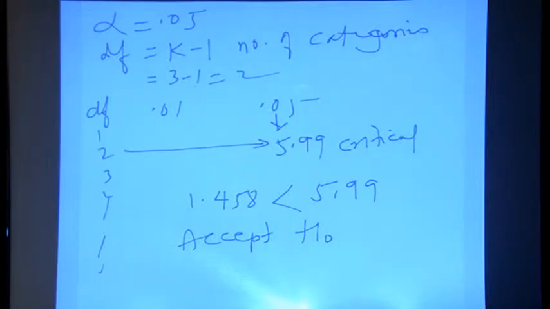The preference for the 3 colors is equal, and so we can tell the manufacturer the preference by the ladies on that particular day was equal. They all preferred all of them equally, even though there is a difference of 65, 52 and 60, but that does not matter. Statistically there is no difference. You may have to manufacture all 3 of them in equal amounts, and that is how it will work.